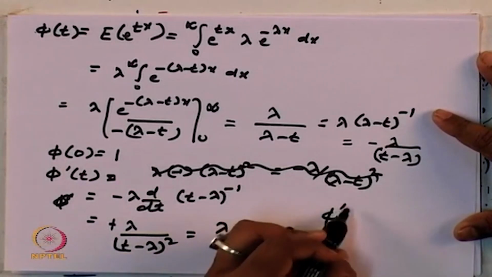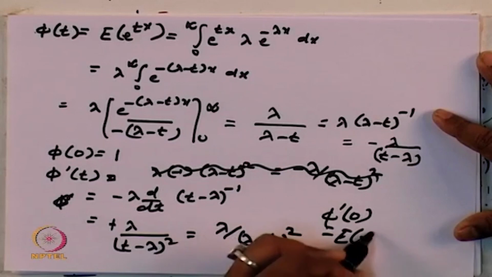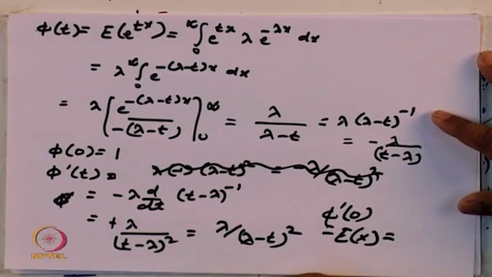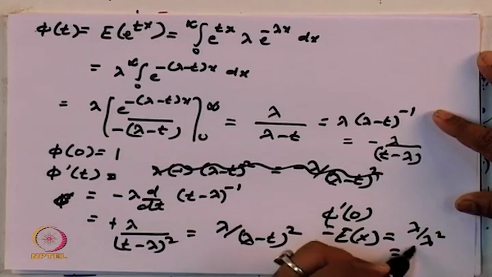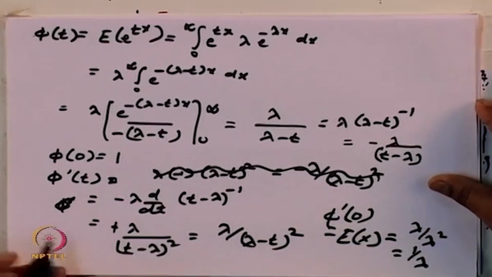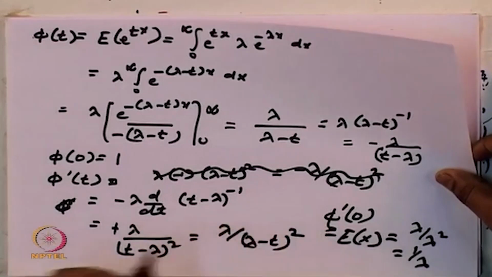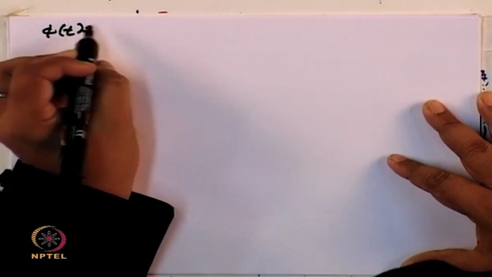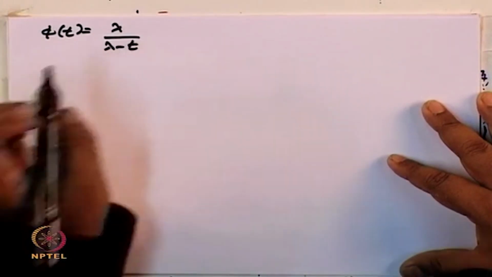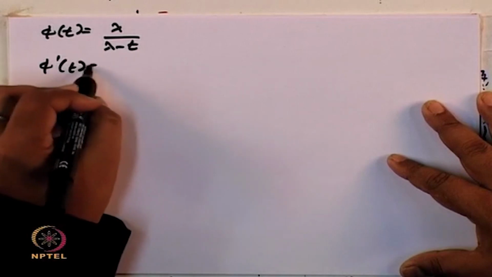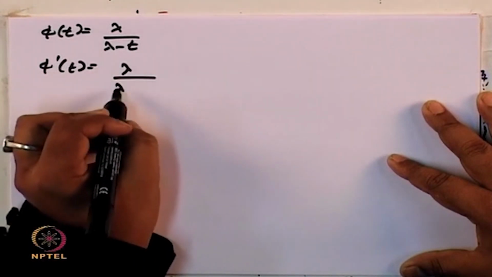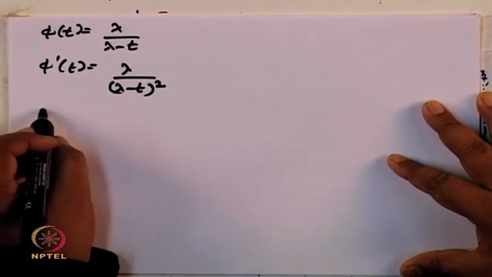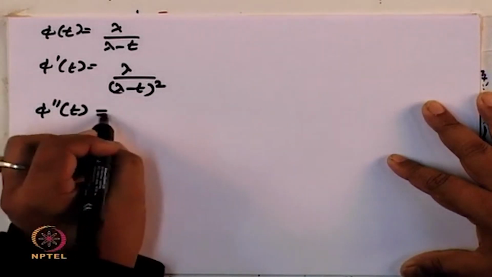So, phi prime of 0, which is nothing but the expectation of X, returns a value of lambda by lambda square, equal to 1 by lambda. So, the expectation of X gives you a value of 1 by lambda. We can accordingly do phi double prime of t. So, phi of t gives you a value of lambda by lambda minus t. Phi prime of t is lambda by (lambda minus t) whole square. Phi double prime of t will give you